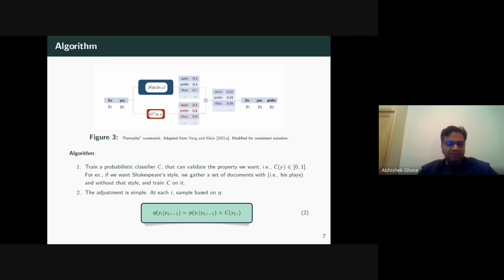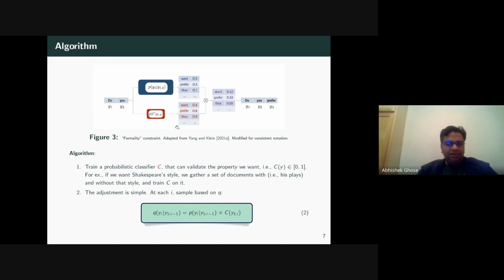That score should be between 0 and 1, right? So for example, if you wanted to produce only Shakespearean style English, you could have trained the classifier C with a lot of documents of Shakespeare's plays and a lot of documents from, let us say, current news articles, right? And at every stage, the adjustment is very simple,